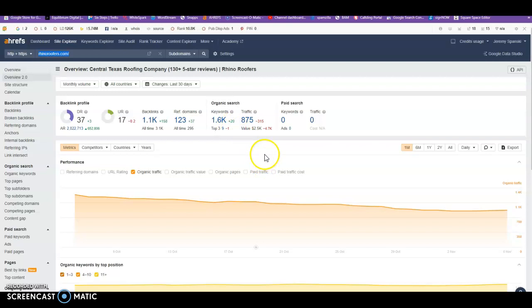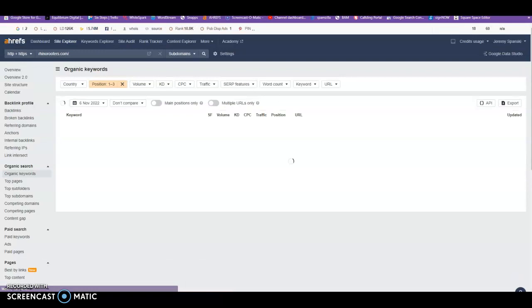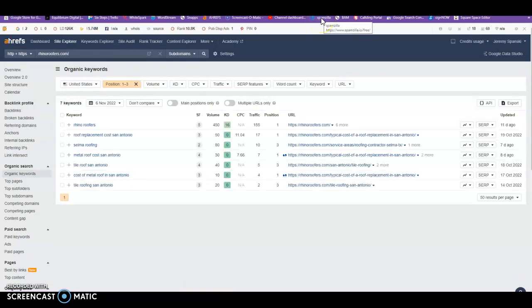And what we see here is that they have 1.6 thousand keywords that they're being found for, and they're in the top 9 for 3 of those. So we're not going to look at all 1.6 thousand, but let's just look at the ones that they are top 9 for, to give you an example of what they're pulling. Well, obviously Rhino Roofers, Selma Roofing, Metal Roof Cost San Antonio, Roof Replacement San Antonio, Roof Replacement Cost, Tile Roofing,